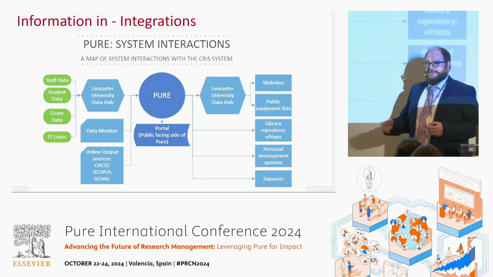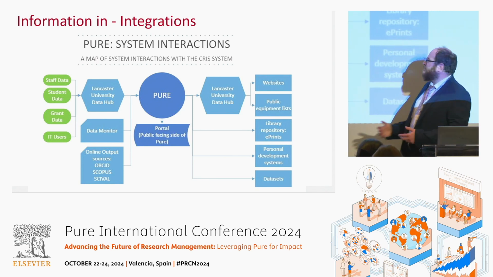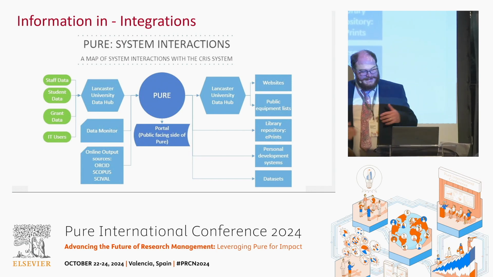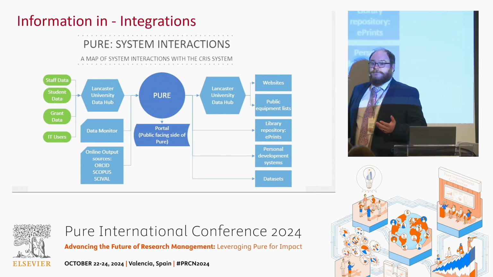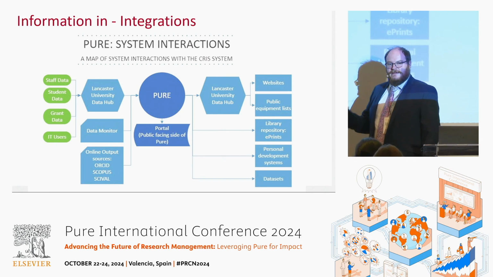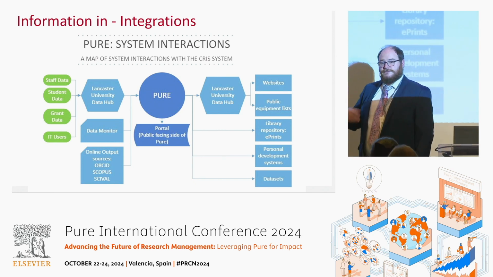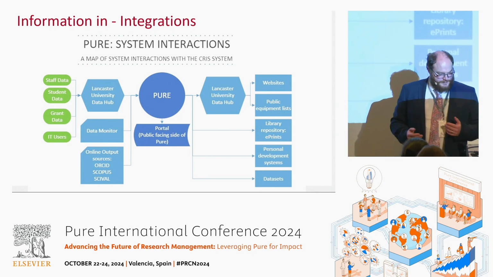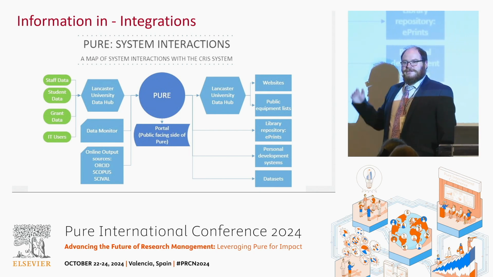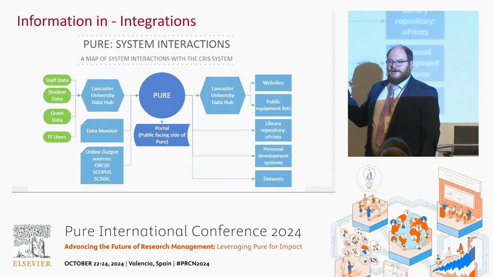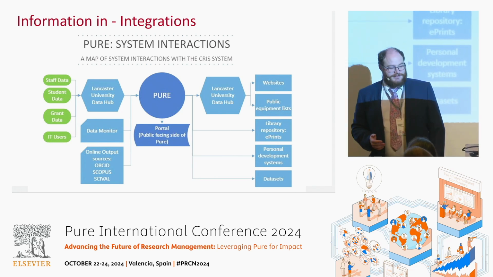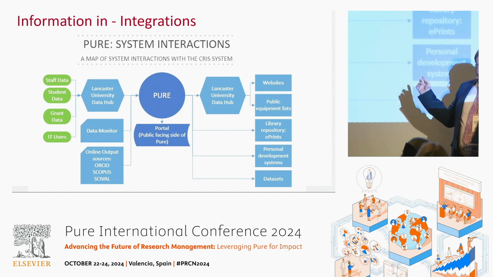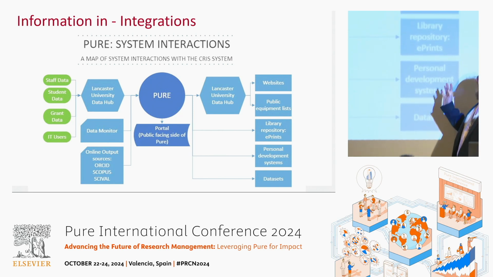Pure takes it all in, and Pure wants to show it off. So automatically it pulls through to our websites, through our CMS systems. For us, we have part of our funding in the UK for the N8, so the North 8 institutions, we have to display our equipment listings, so they pull up through there, so we use Pure for that. We have our repository within the library where we use ePrints for our research outputs, but Pure is our repository for our data sets. We also now have linked Pure to the academic PDR system, called Summative,